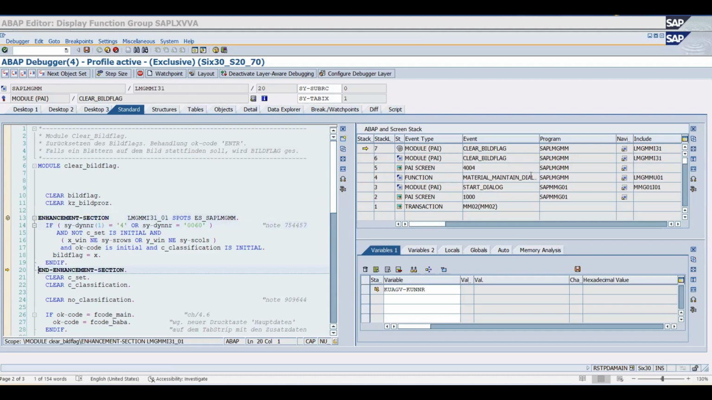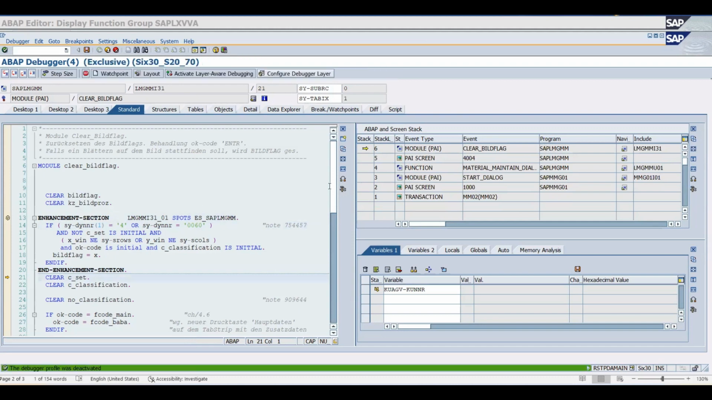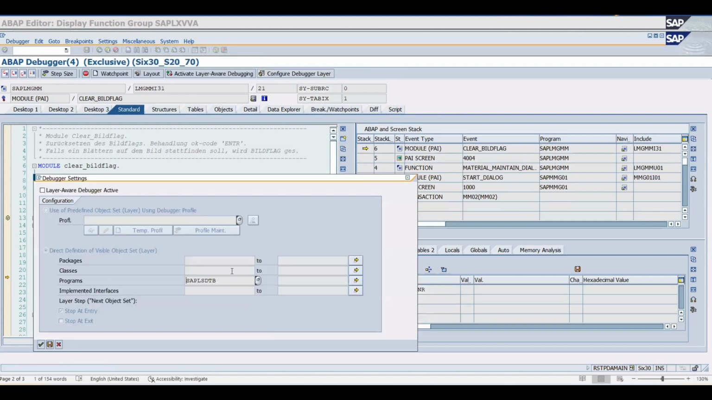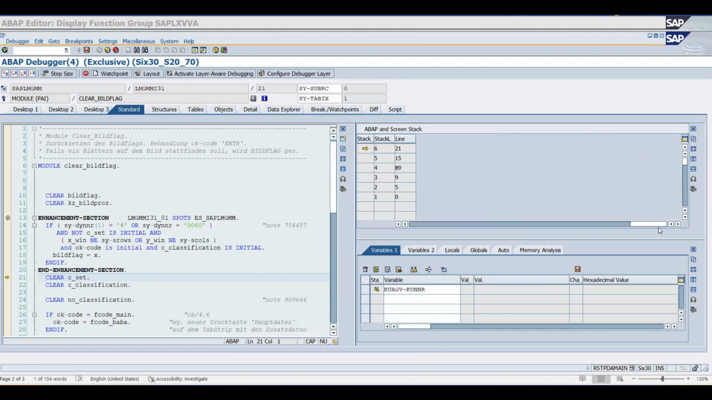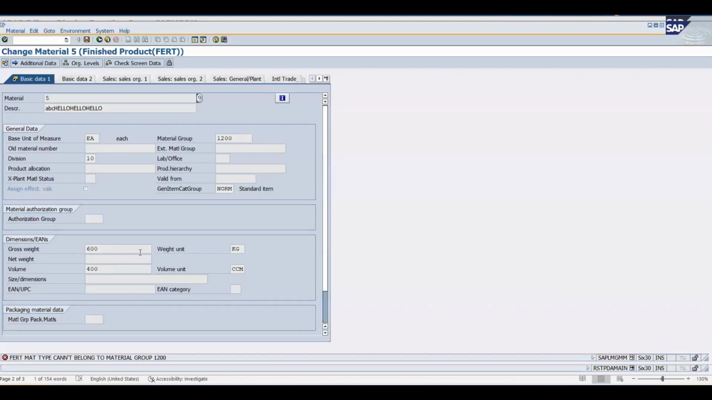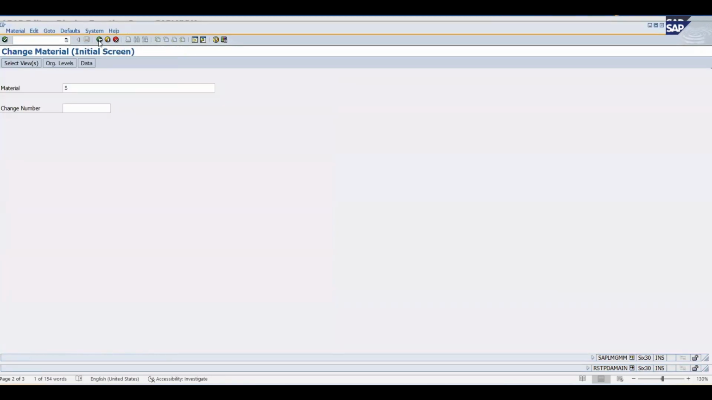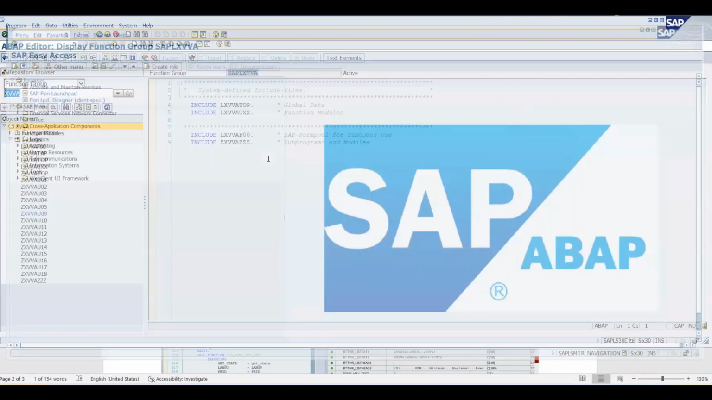Now, if you see that something is wrong, let's check it. SAPLSDTB, all right? Something is unexpected. Let's do one thing. Close this, close this one,